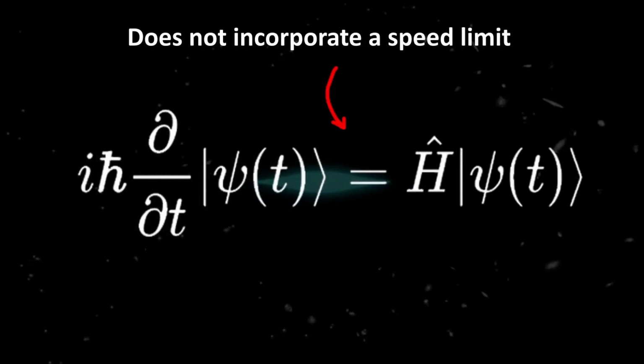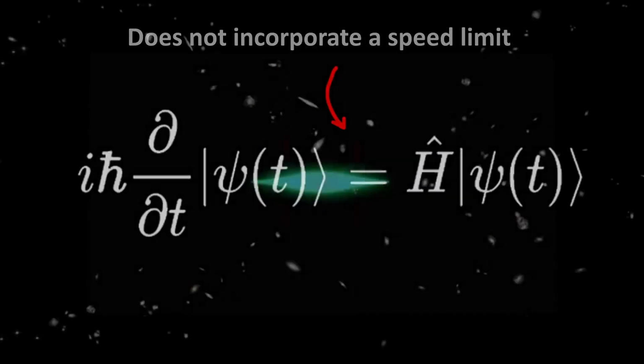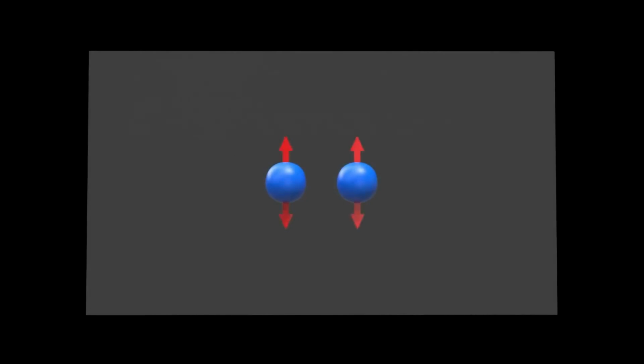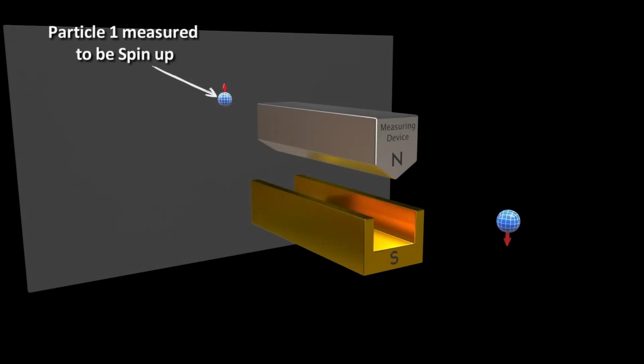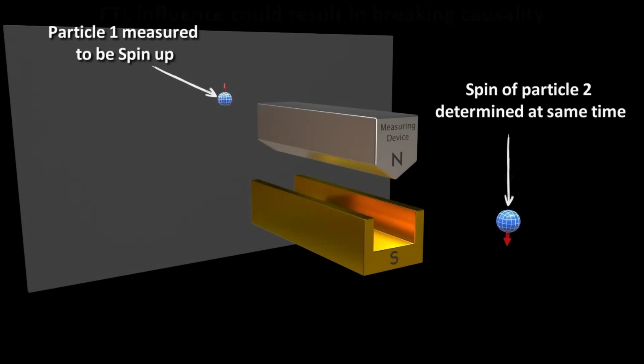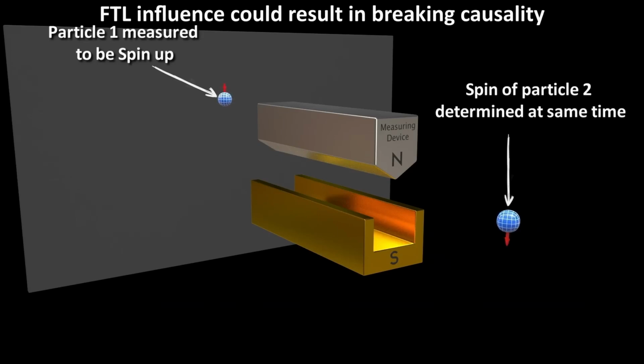the speed of light, needed to make causality work. For example, it allows for two measurements to influence each other faster than light. This would mean that there would be some reference frame in which the future could influence the past, breaking causality.